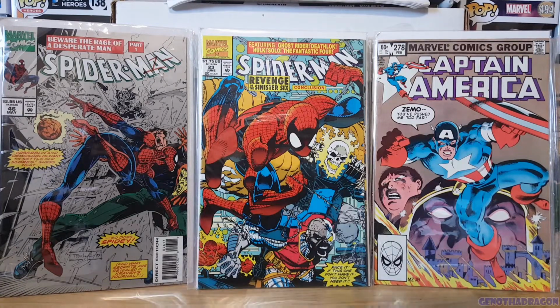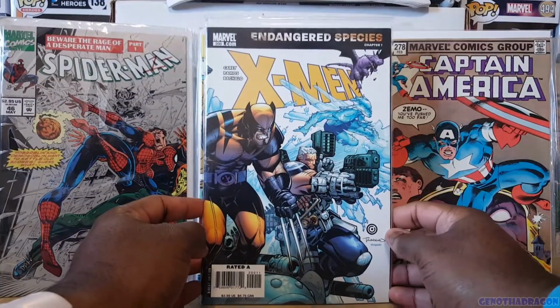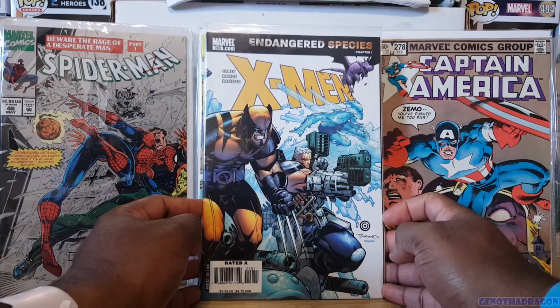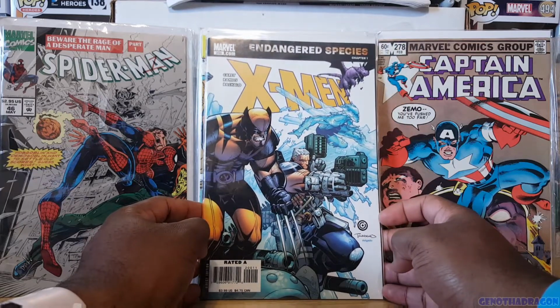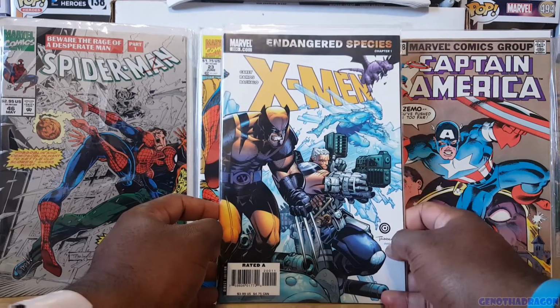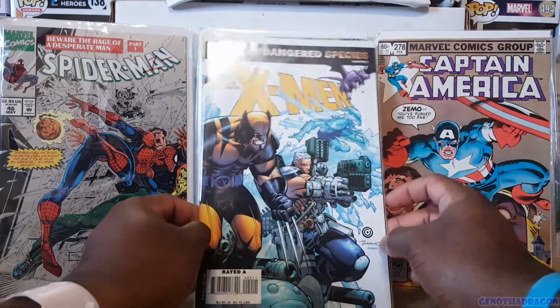Oh, and here it is. So this is one of those issues I was talking about. X-Men 200. This is the Chris Bachalo and Tim Townsend cover. And I just absolutely had to have it. Did Marc Delgado do this one? He must have laid a hand in this. Anyways,